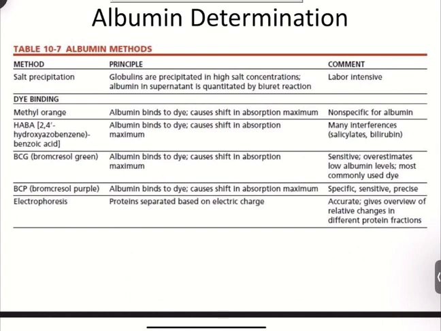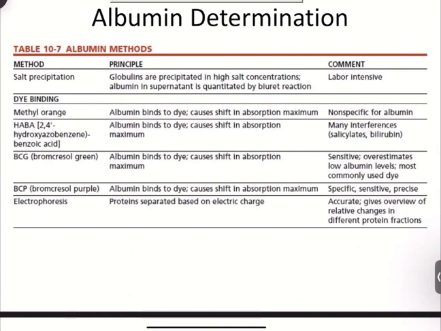Next is your dye binding. So, for your dye binding, methyl orange is specific for your albumin. Okay, it causes a shift in absorption maximum. It is non-specific for your albumin. So not all of that in the serum is albumin, but most of it is albumin. Okay, next is your HABA or 2,4'